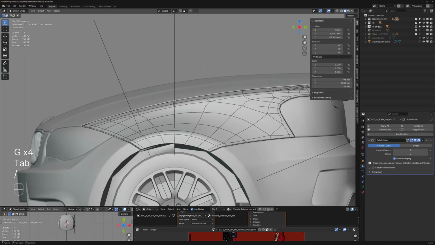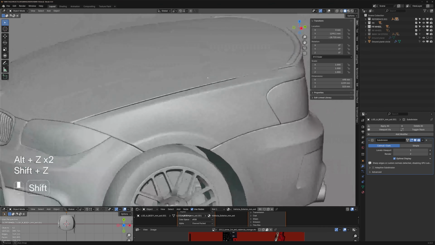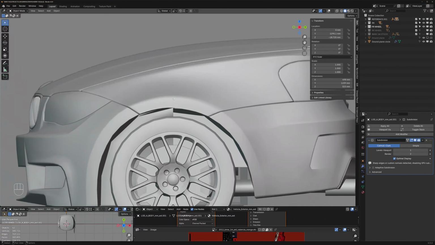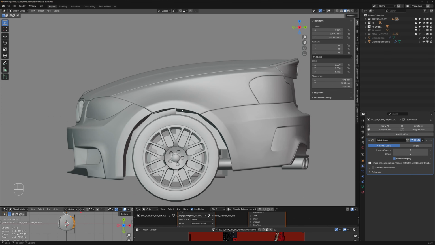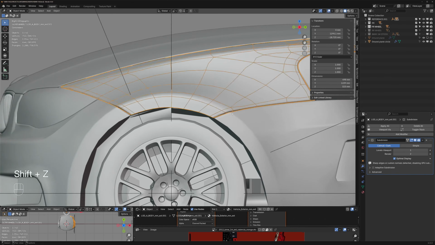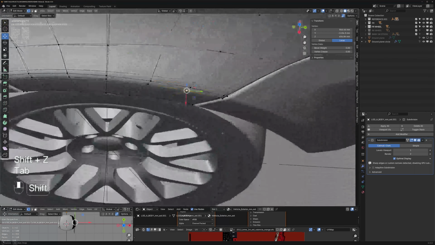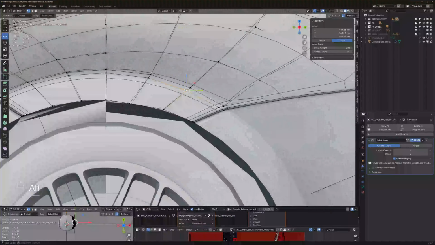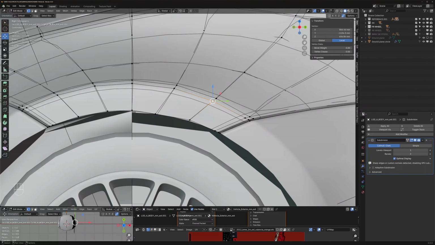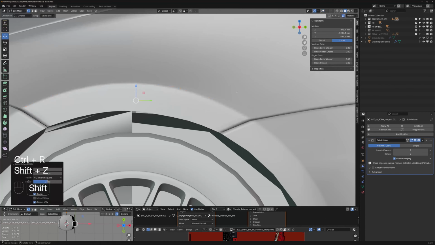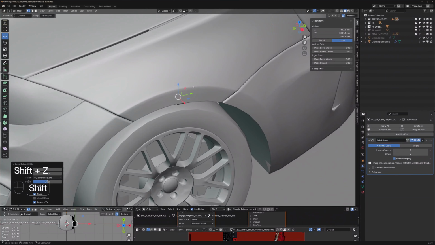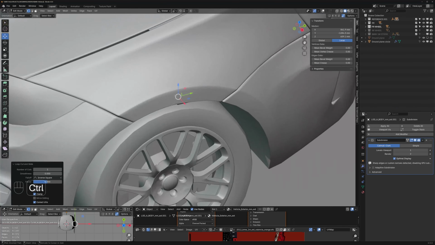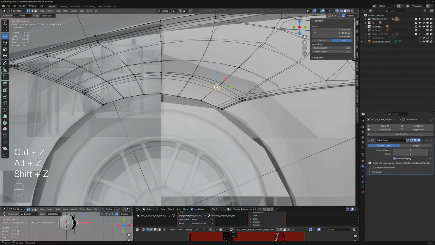And if we bring in the front and rear bumpers as well, just to make sure that this line flows into that one, continues, and then flows into this one, which I think we're doing. We've got a pretty good job, doing a pretty good job of that. This one here looks like it gets a little bit wide, but I think eventually what we'll do when we're happy with this line is we'll add a loop cut in the middle there just to sharpen that ever so slightly. But I don't think we're quite ready yet, so let's